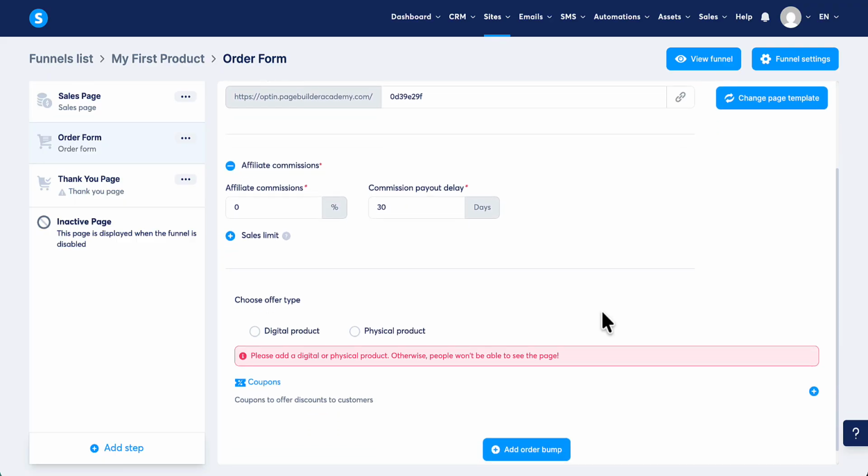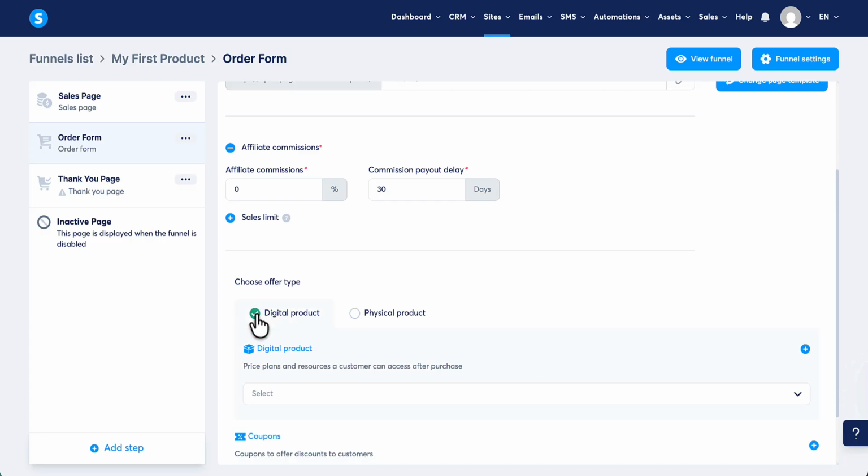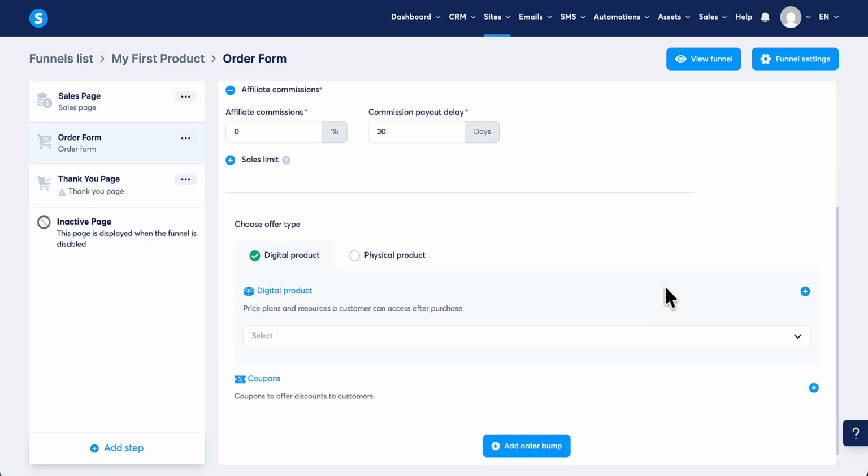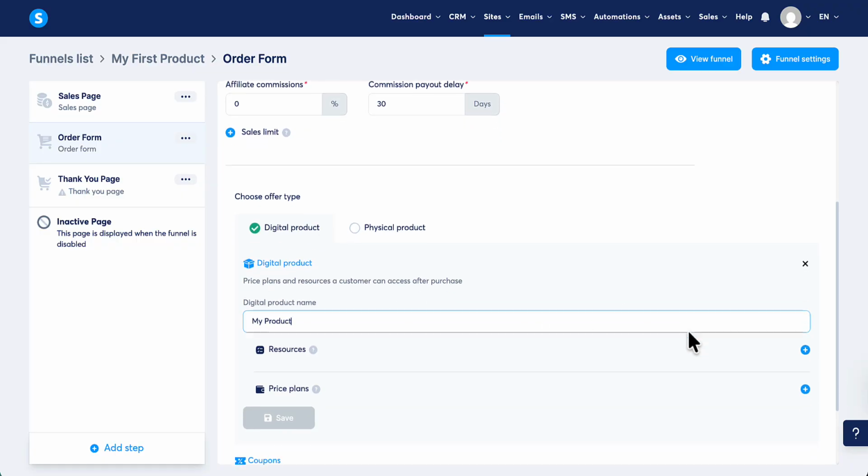so what I need to do here first is choose the offer type. So I'm going to select digital product because that's what we're doing here, and then on the right you need to click the plus symbol to add the option, and then we'll create a name for our product, something descriptive to your product. I'm just going to put "my product" here, so maybe your product name will go here, and then